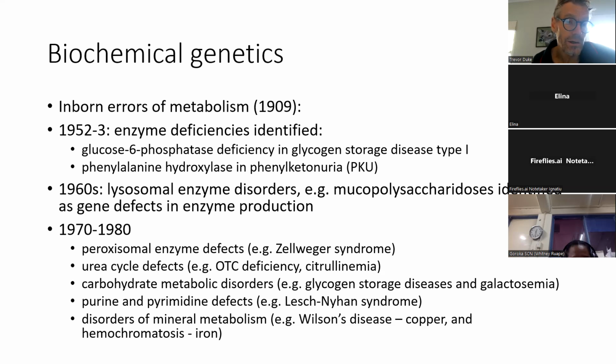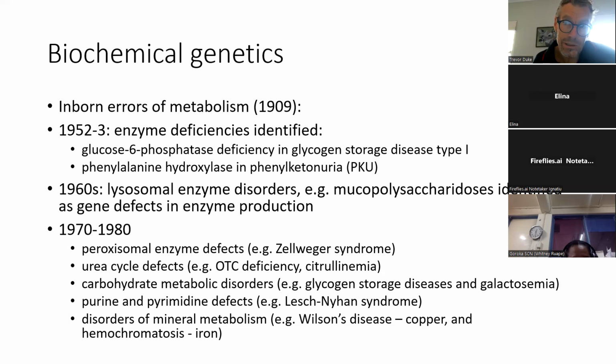In the early 1950s, it was identified that this was probably due to phenylalanine hydroxylase deficiency and a gene defect in the phenylalanine hydroxylase gene that encodes for that protein, which is the enzyme,